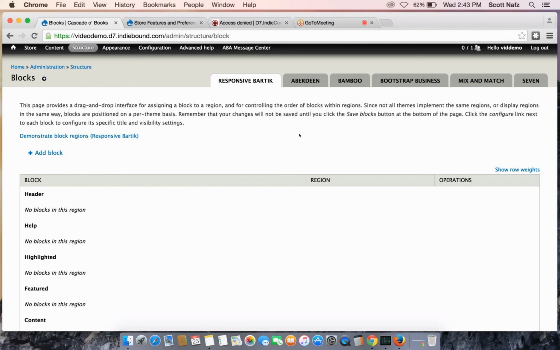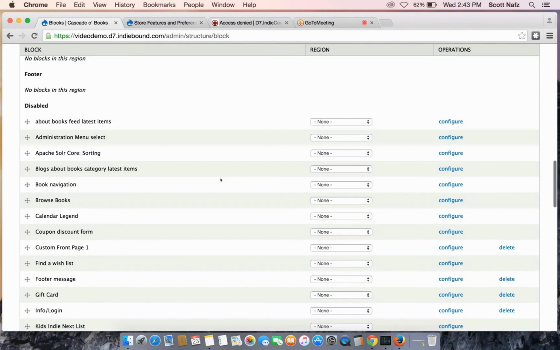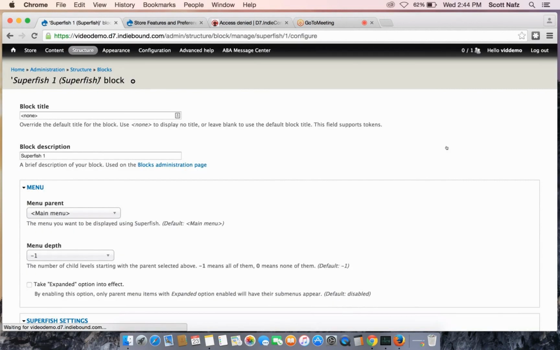block section. If we go to Structure and Blocks, we can actually take a look at these. By default, they're going to be disabled under your disabled blocks, and you can see them. There's actually 4 of them. There's Superfish 1, 2, 3, and 4. And what you do is, if you go to Configure,